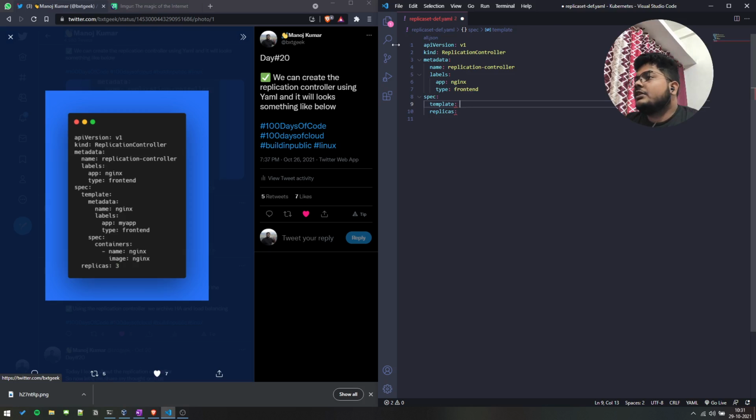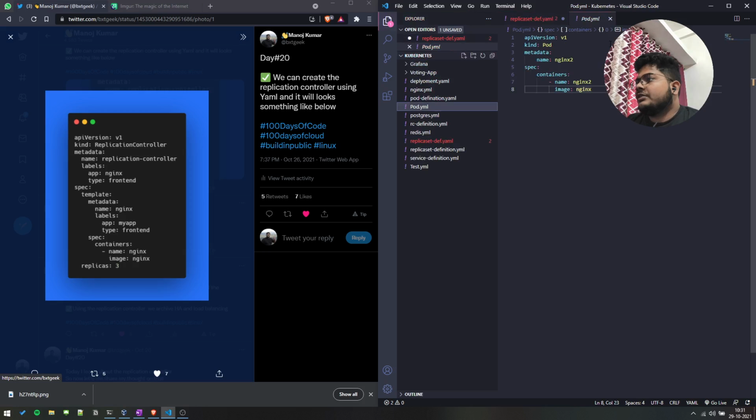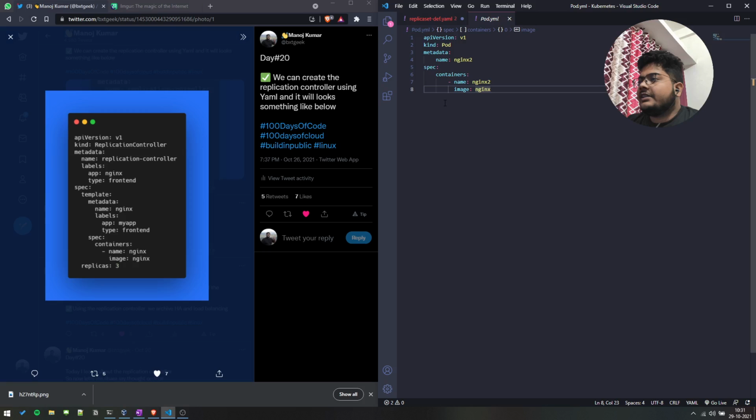So if you see here, this is a pod definition file that we already created. In spec, the template is nothing but this section. As you can see here, it is metadata, name, label, and it is the same. We didn't change anything.